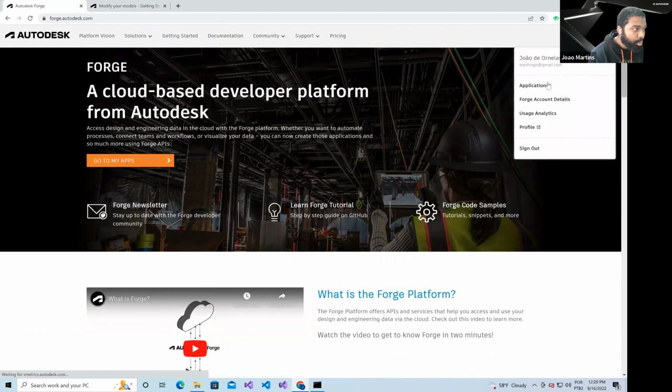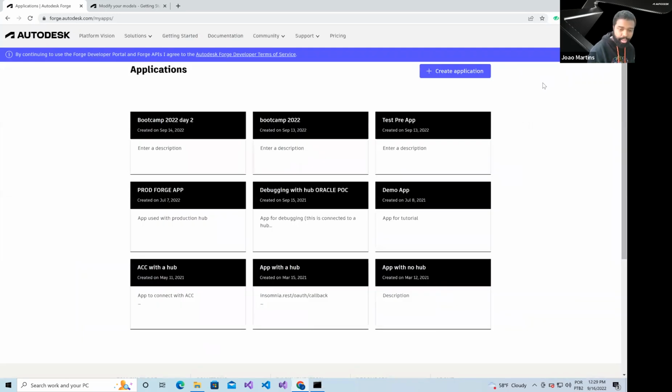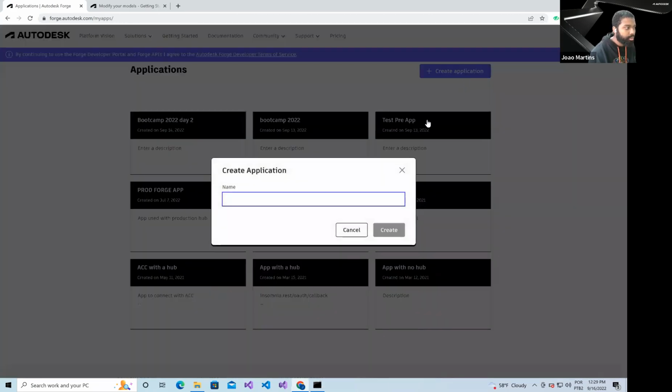And right now we should go under the applications. If you are creating this for the first time, it's going to be an empty page, but I already used this application a few times. I have all of my apps that are created available here. So right now, I'm just going to create an app. Let me call it Bootcamp 2022, day 4. And as soon as we create it,